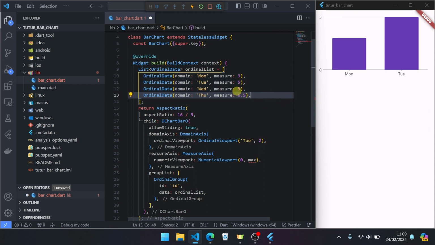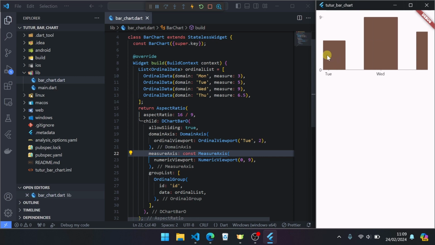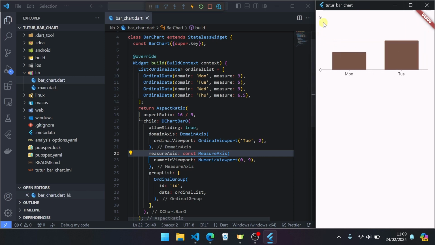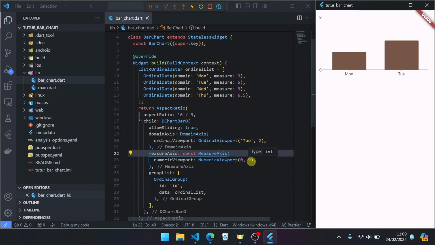The maximum value is 9, so we can set it to 9. Save. Okay, now we can scroll again. The measure axis is not changed because we set a fixed size, that is minimum 0 and maximum 9.